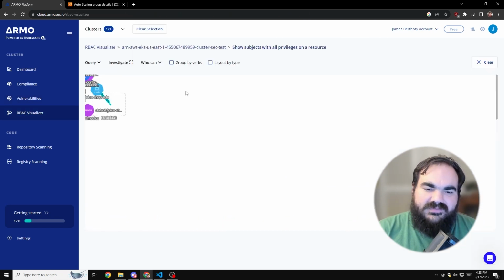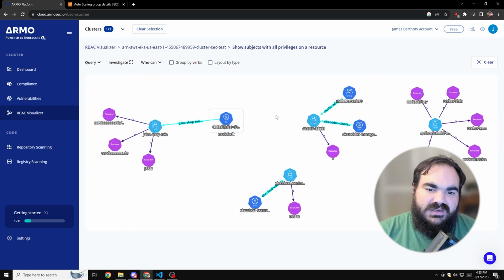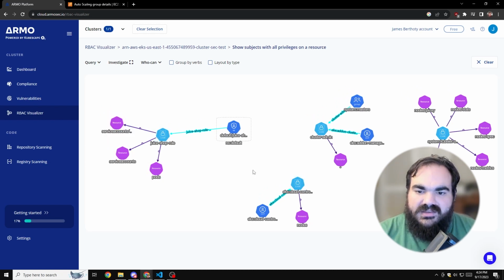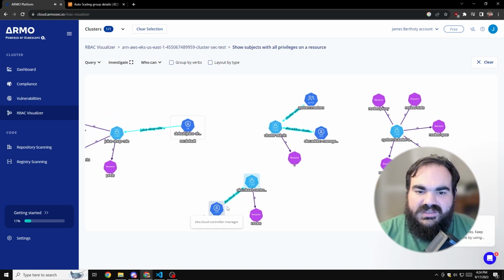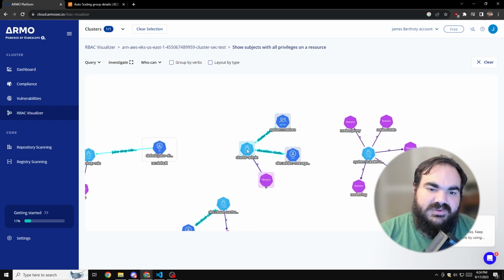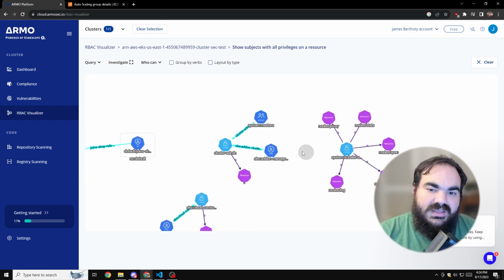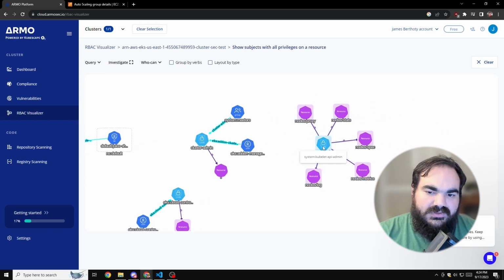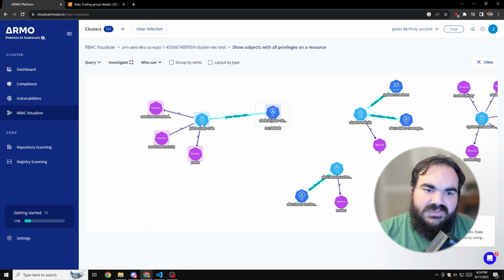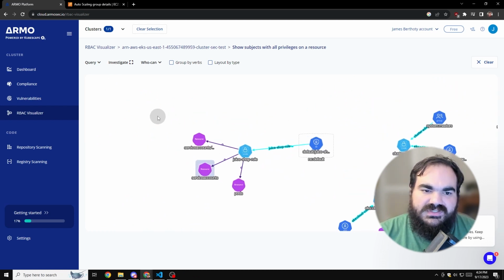Now, if we go to the RBAC visualizer, this is where we are using service accounts with the ability to create additional service accounts. And so here on this screen, it looks like it's showing us every different service account that exists within Kubernetes, as well as the permissions of what it's able to do. And so this is actually a really cool feature. I wish that the alerting was tagged more clearly to this, because I know there are some issues here. And I think that's the service account missing. But